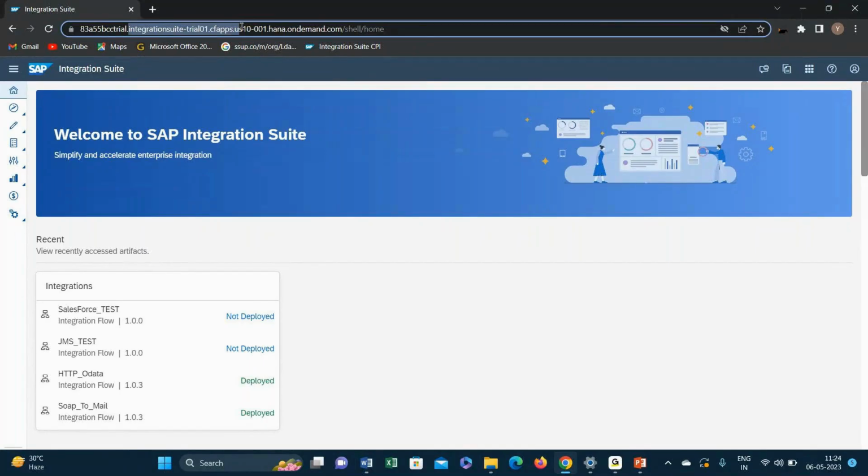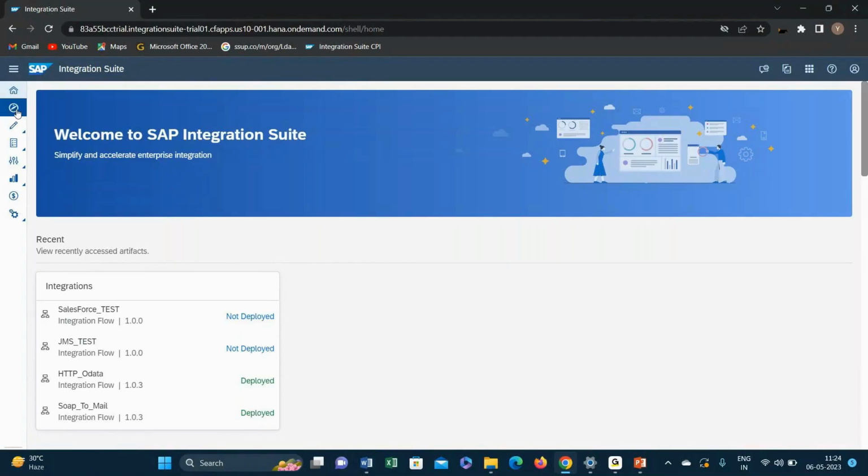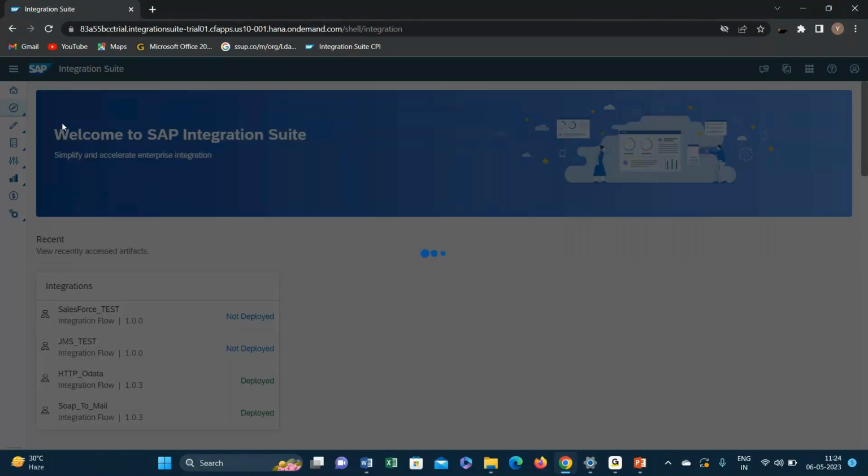So both of these, we can identify them as a Cloud Foundry tenant. Every tenant will have unique IDs. So what speciality do we have? Like I said, we have Discover. In this we have